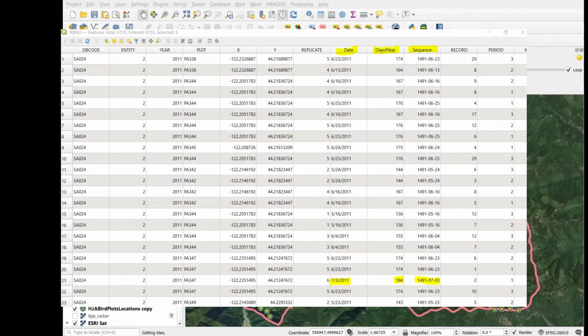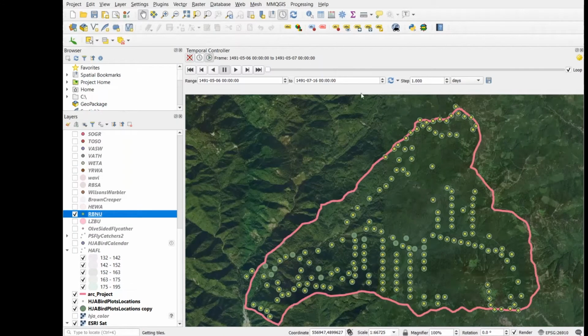But that date really does not mean anything except that I'm compressing these into a single year. So one has to realize that that is sort of an artifact of what's going on. All right, so if I was to show how this bird moved over time,